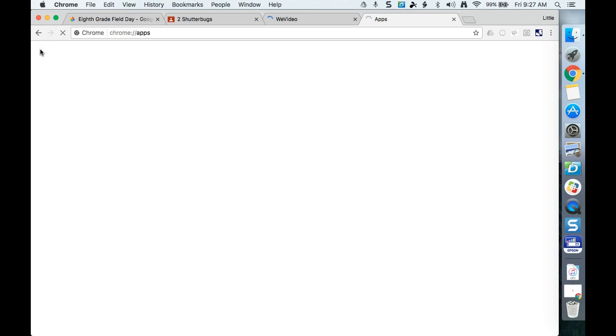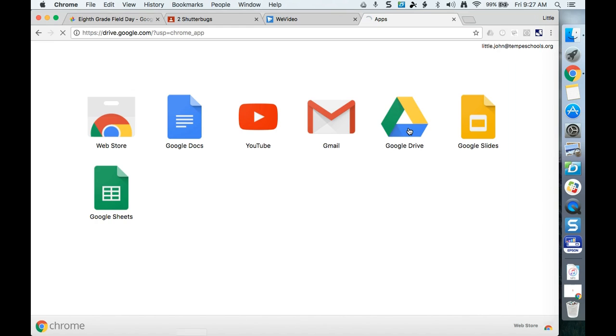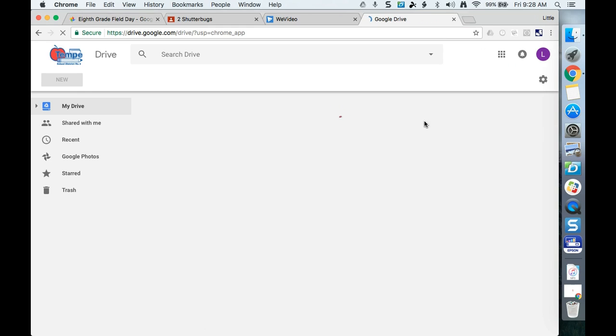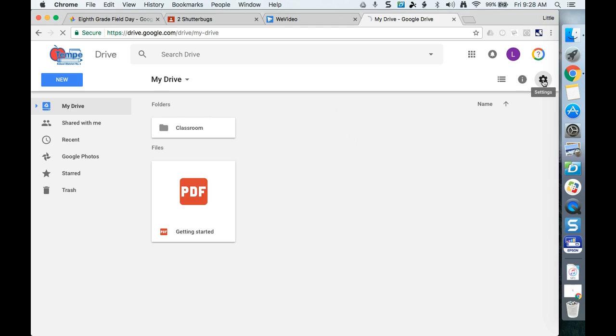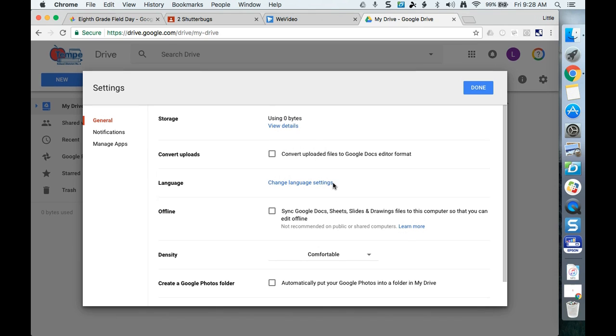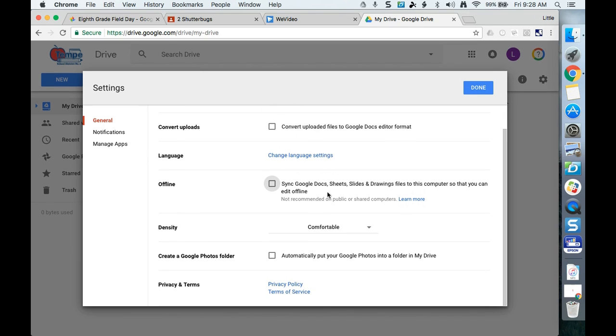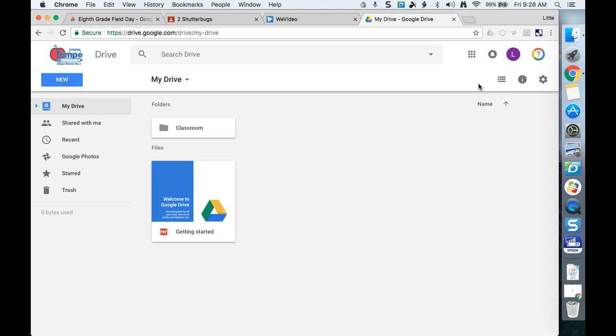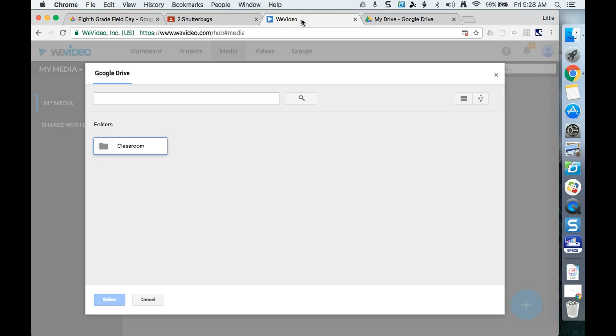And that is, if you go to Google Drive, you have to make sure in the settings, which is right here. So you may have to do this before you start WeVideo. In the settings right here, you have to make sure that this checkbox right here, create a Google Photos folder, is checked. Then you'll be able to see your Google Photos in Google Drive. All right, so back to